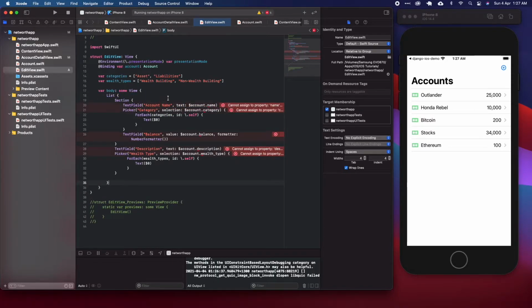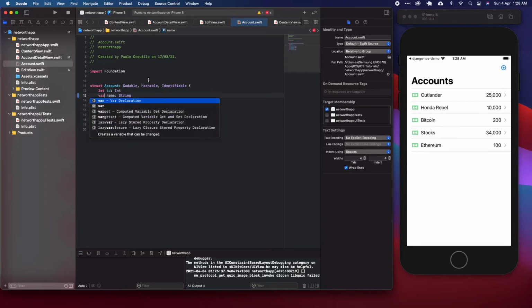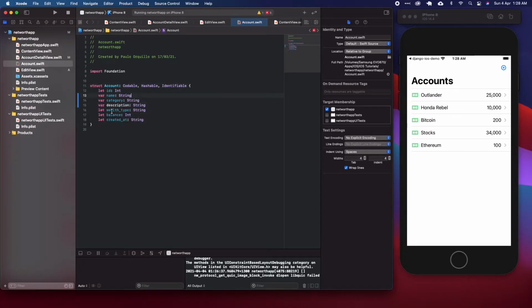If I try to save this, it's complaining that it cannot assign. If I expand this a little bit, name is a let constant. Each one of these, account name, account category, balance, description, wealth type, they're all defined as let. If you go to the model that we created earlier, you would see that these are all let. So it's a constant, it's not mutable. So let's quickly change those to var,